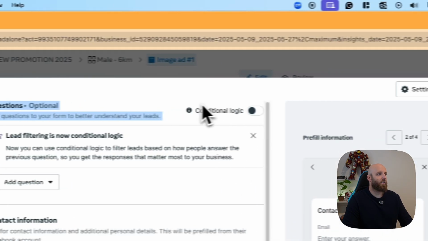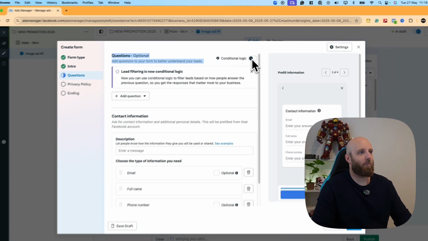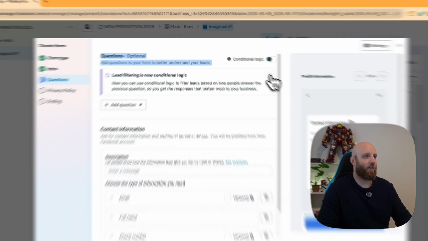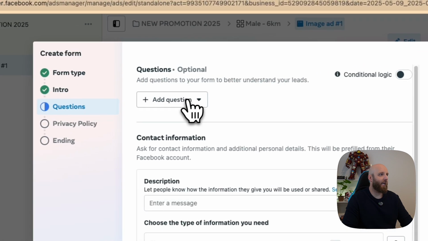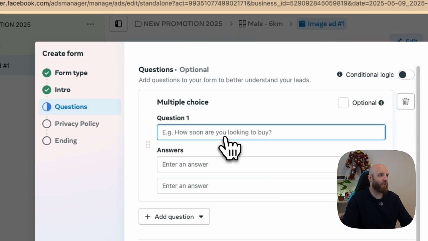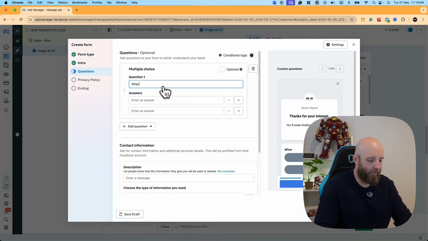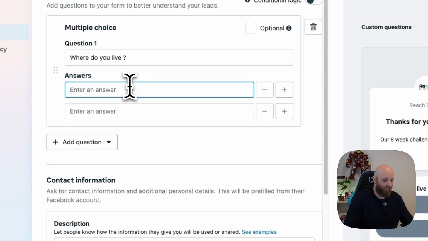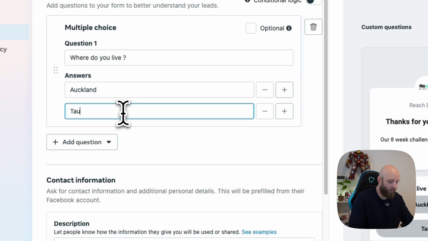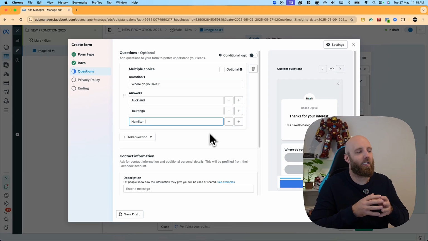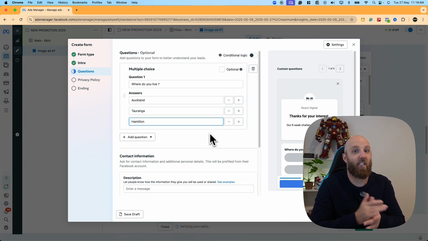So with questions at the top, you have chronological logic and conditional logic, sorry, I just keep that turned off. We don't really need it. And then I would usually ask a multi-choice question. Where do you live? And then you could have in here like Auckland, Tauranga, etc. This is basically a safeguard to make sure you're not getting a ton of bots filling in your lead form. It's just an extra step to make sure that the person filling this in is real